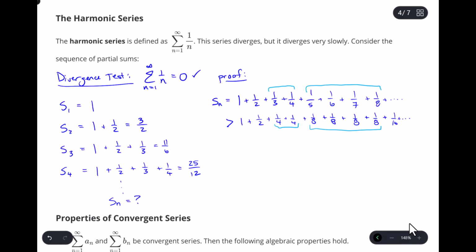So he's comparing it to another one. But what's cool about this other one is all these subseries. 1/4 and 1/4 gives you a half. 4 times 1/8 gives you a half. If you do the next 8 16ths, you'll get a half. So basically what he's done is set up an argument where he's got all of these subseries adding up to a half. So if you're repeatedly adding a half over and over and over again,